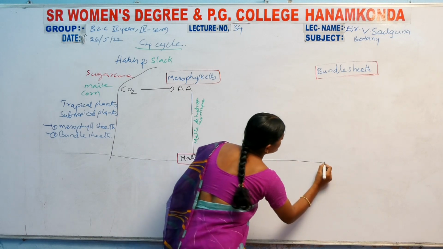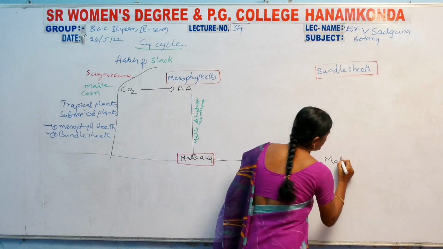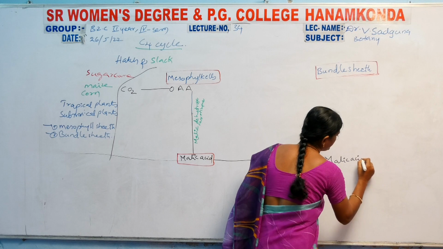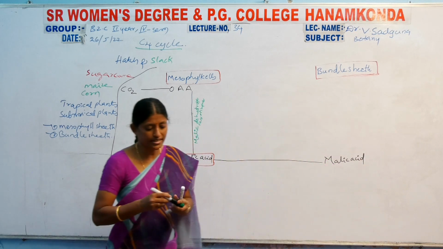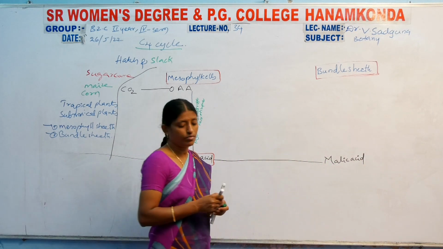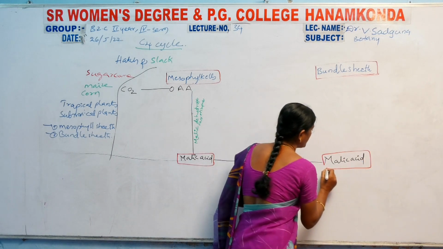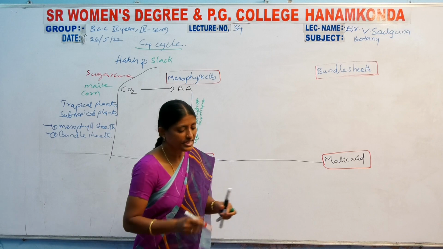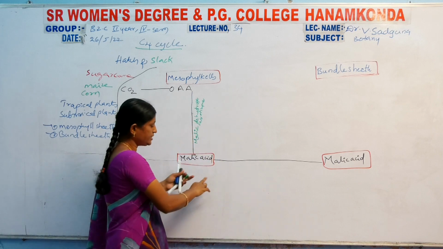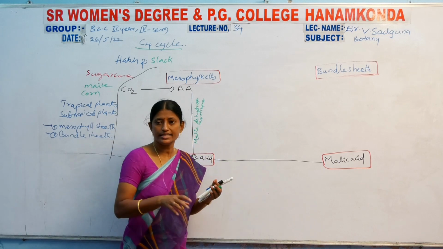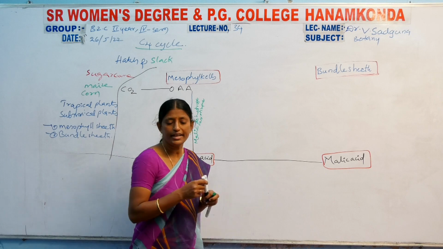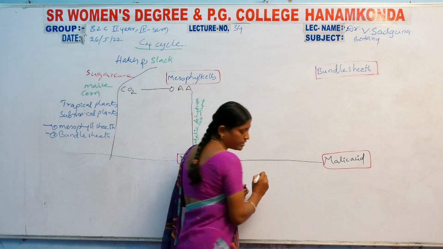The bundle sheath is also given 1 molecule of the malic acid. Okay, right. Then this malic acid, the use of the NADP plus H, then it is